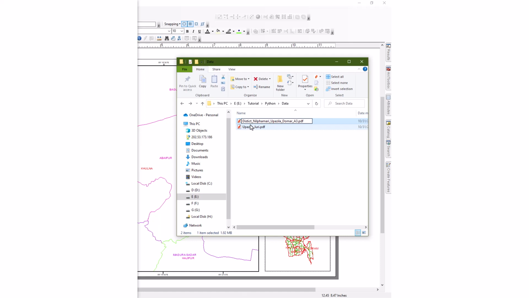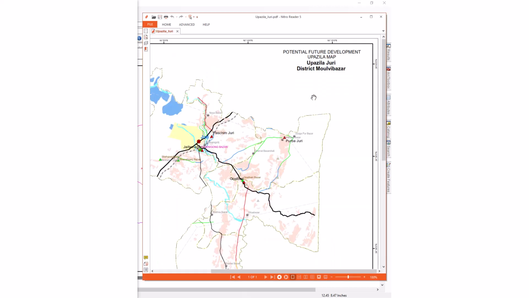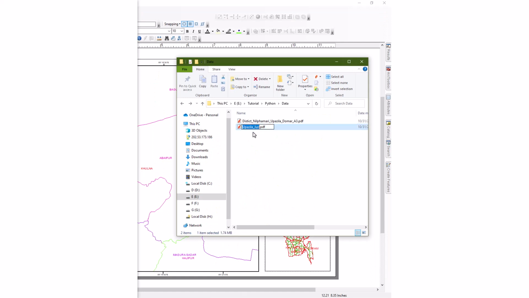So if I open the next PDF, there is the same district, Molavi Bazar, and I want to rename this one also. So here in the same way I'm rewriting this name manually, but we can do this automatically using Python code,